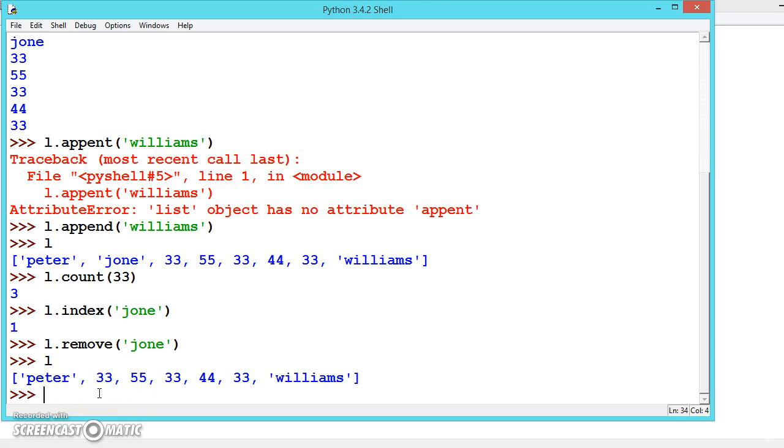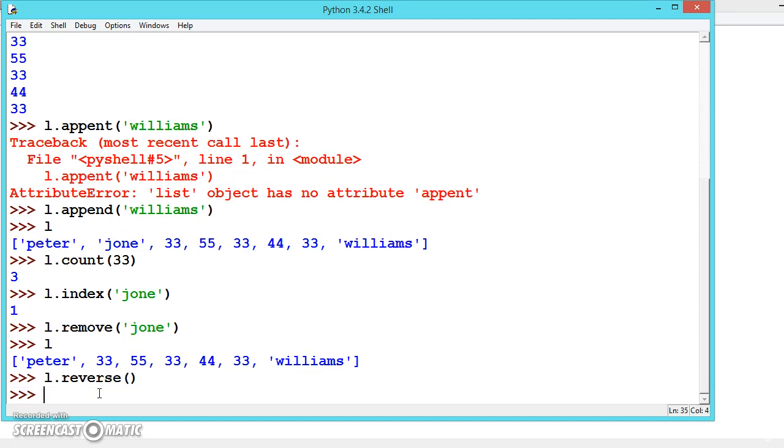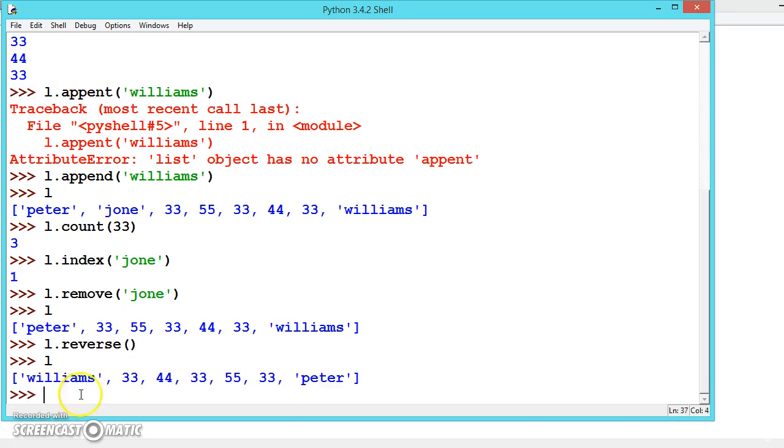Like this, we have one more function, sort. Let us see reverse first. This will reverse the list. Let us print. This is how we reverse the elements inside the list.